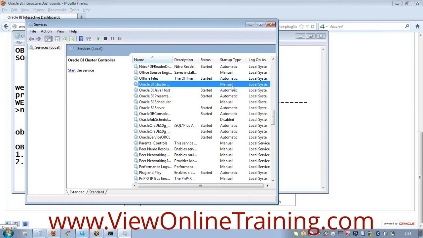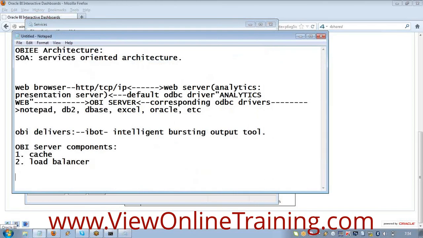Now what does this cluster controller server do? It creates a cluster, and in database terms it is called a RAC cluster. What is it called? RAC cluster, Real Application Cluster. In simple words, cluster.